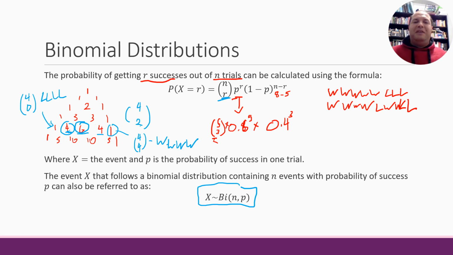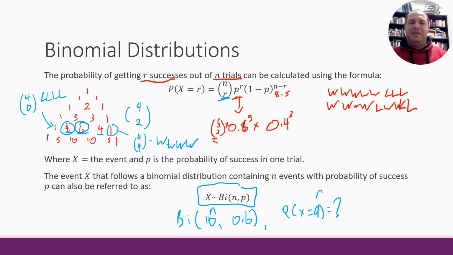And from there, you might say, all right, for this binomial, the question might be for the binomial distribution Bin(10, 0.6), we want to find what is the probability of X being equal to 9. So that might be one way of looking at this. You might see a problem where it gives you the n value and the r and the p value straight away. The r value here, the number of successes, is 9,